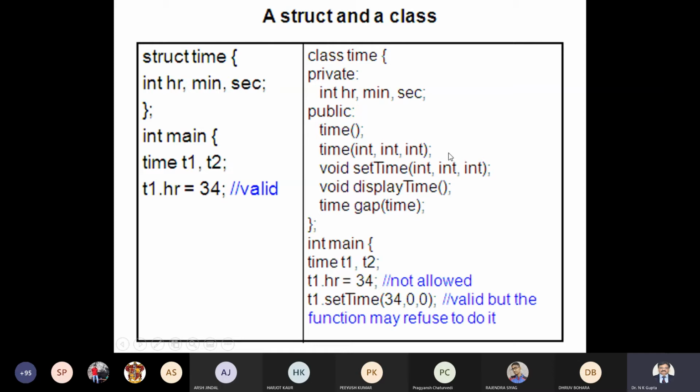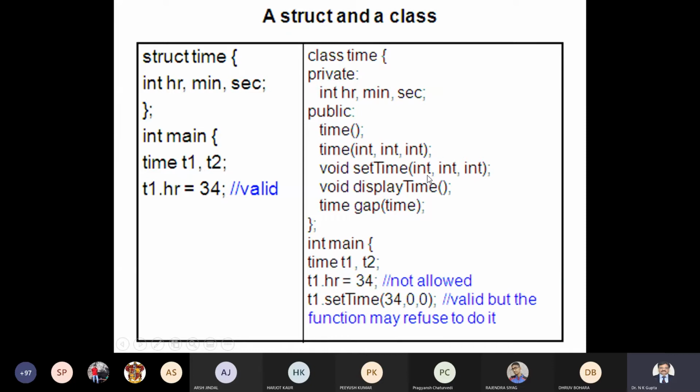And you will see something like this: Time, the name of the class, is written. We are going to study this part also. These are called constructors, and the name of the member function is the same as the class. So this is the default constructor. These are parameterized constructors. These are special member functions. We are going to study that in the following class. Here we are not using these, but in this example set time is accessible because it is outside.